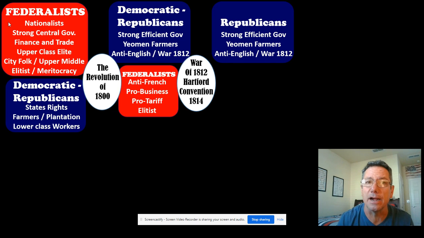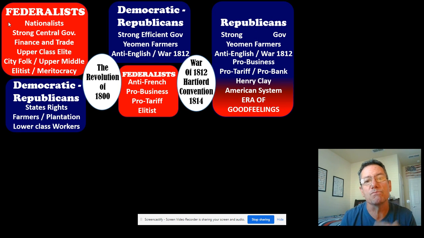The Federalist Party is going to die off, and then basically the Democratic Republicans will now just be called Republicans, but they're not the Republican Republicans. They're just that era's Republicans. And eventually, over time, they're going to get morphed with the Federalists, because the Federalists don't really die. It's not as if they're lined up against a wall and shot. They just join the Democratic Republicans. So the Republican Party